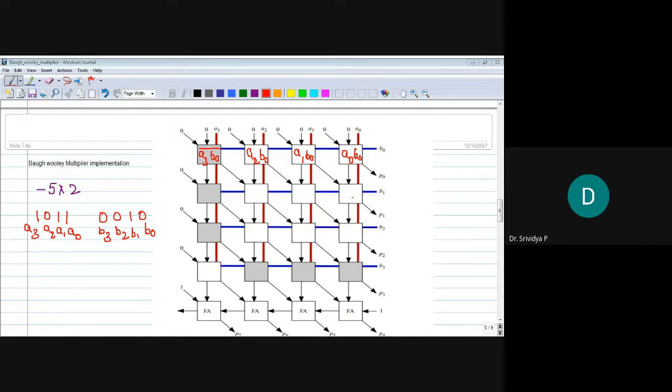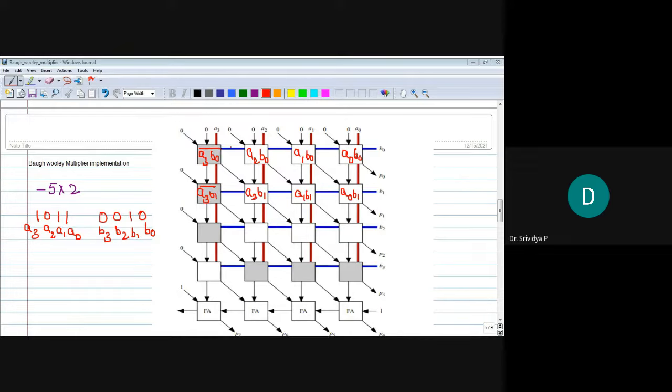Similarly, in this white cell, we give input as A naught and B1, so the operation performed is A naught into B1. Coming to this, the input is A1 and B1. To this white cell, it is A2, B1. To this gray cell, it is A3, B1, the whole bar.